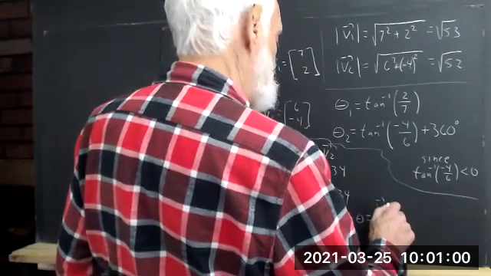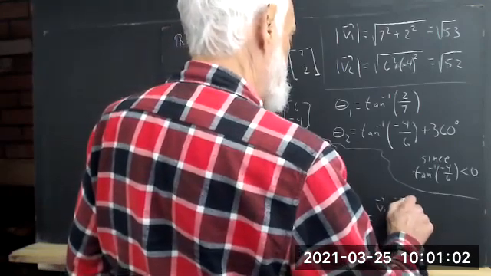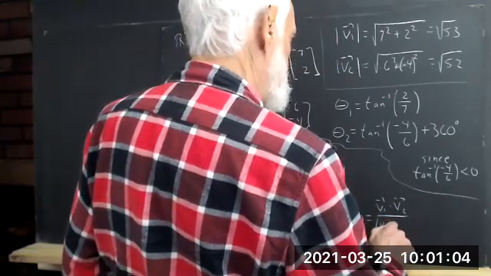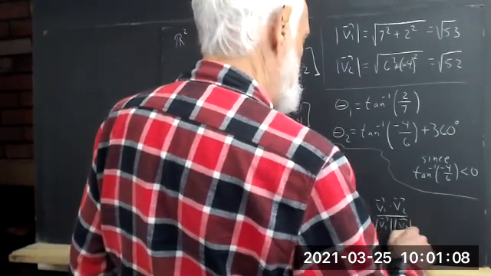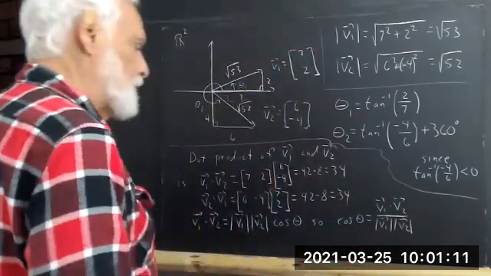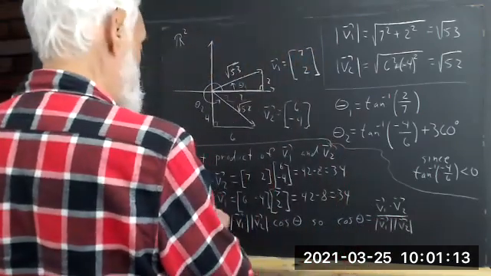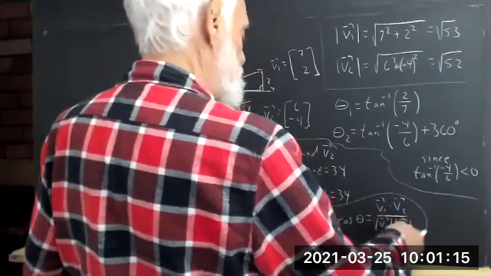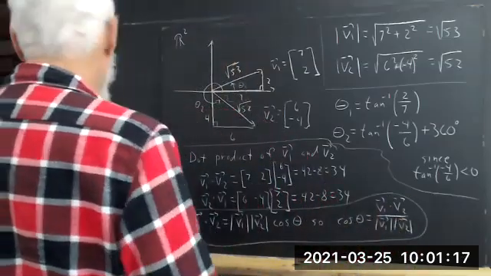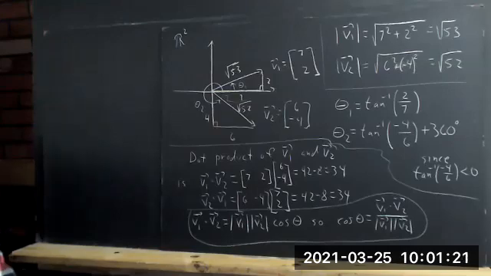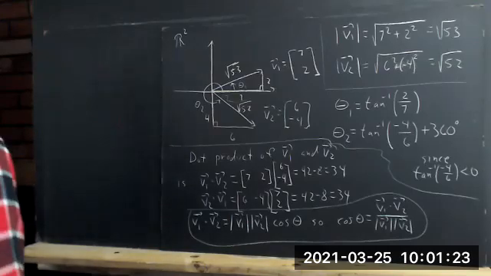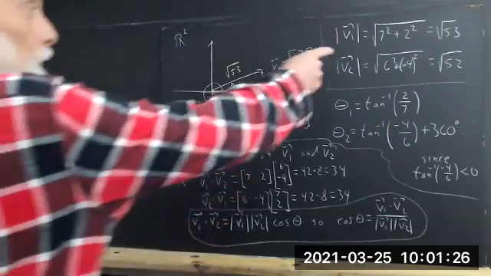It's V1 dot V2 over the magnitude of V1 times the magnitude of V2. And this is always true. Okay, well, in our example here,